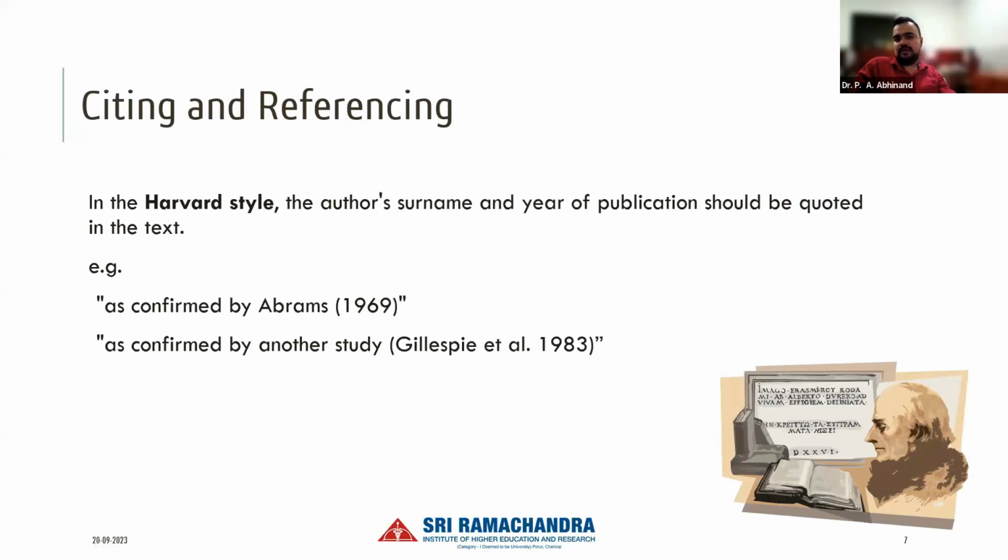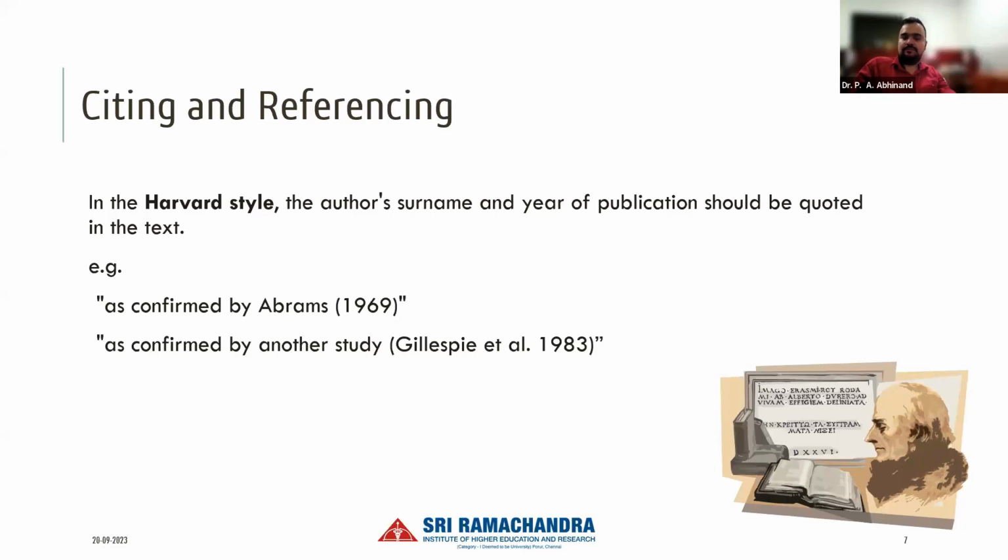I'll repeat again, in Harvard style, inside the manuscript text, you will be giving the citations as author name followed by the year of publication. And at the back, when the full references are given, all the references will be in alphabetic order